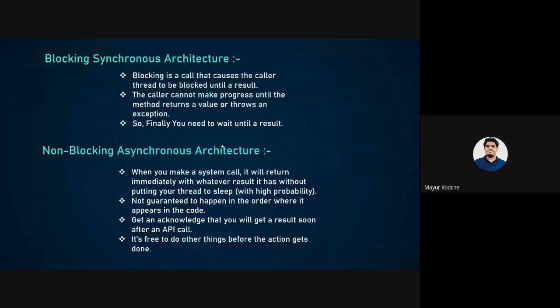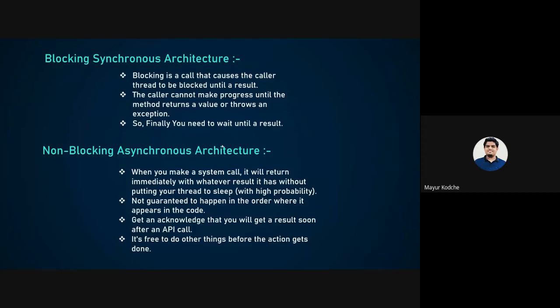And coming to non-blocking asynchronous architecture, non-blocking simply means you choose to do other unrelated things while you are waiting for the current operation to be done. Asynchronous does the operation in a parallel manner, meaning the API always returns some response immediately and also starts doing background efforts to fulfill your request. So there must be some related way to obtain your desired result. Finally, in blocking you need to wait for the server to reply, and in non-blocking, the reply is sent to you immediately. This is how non-blocking asynchronous and blocking synchronous work.